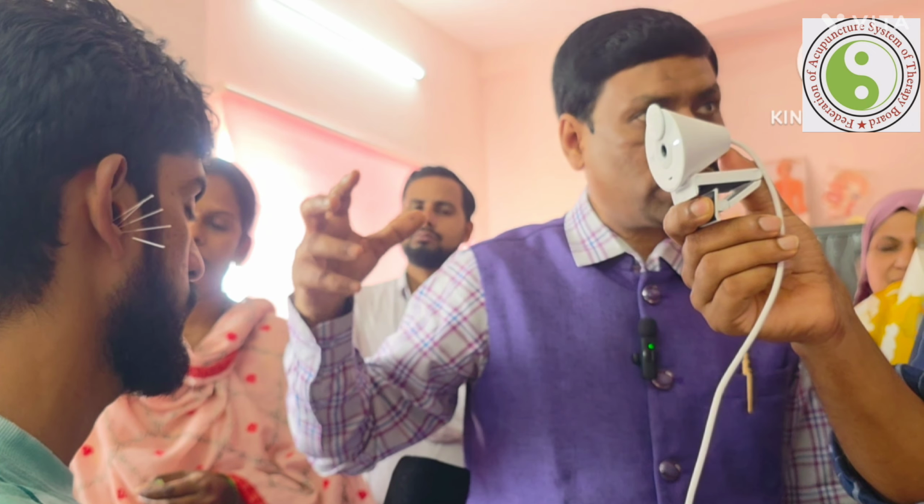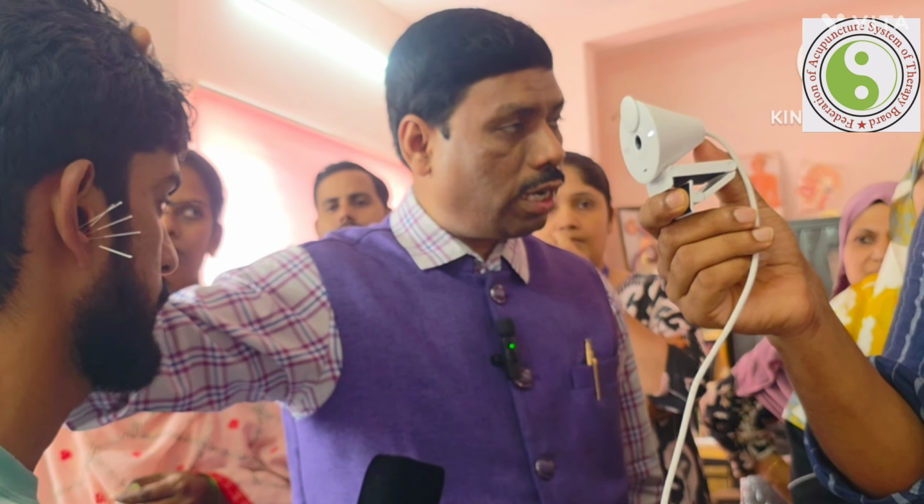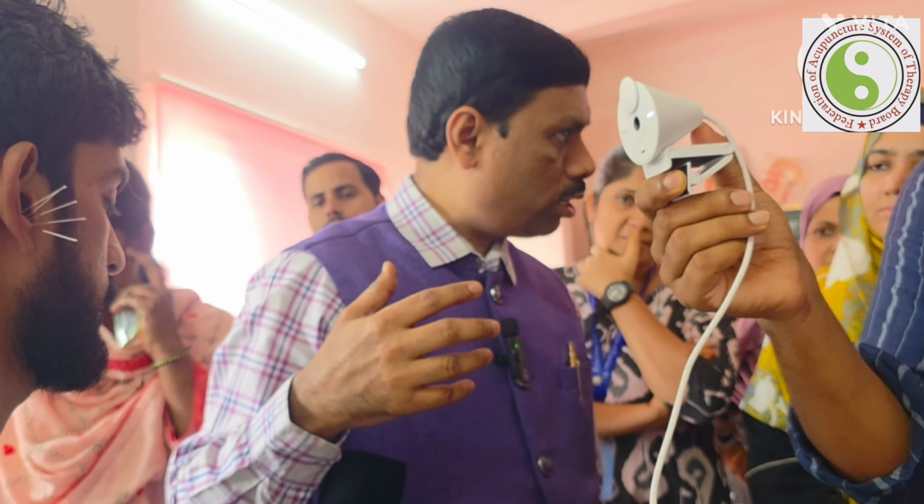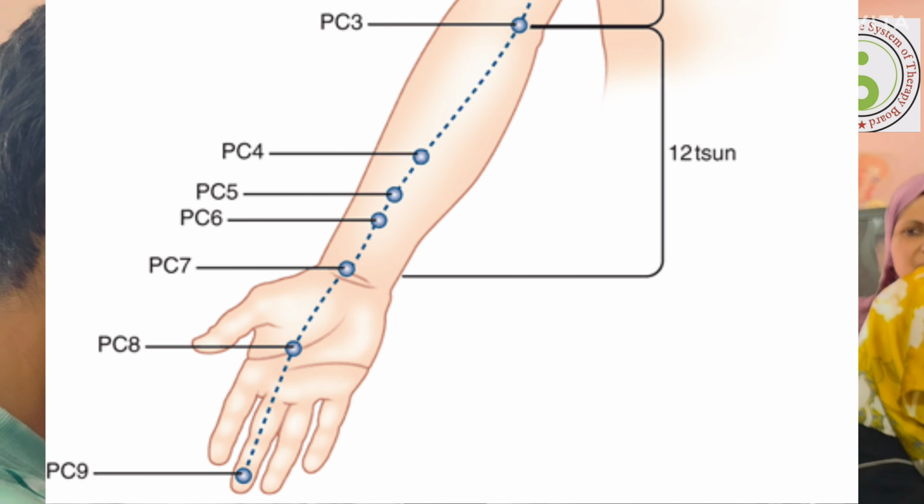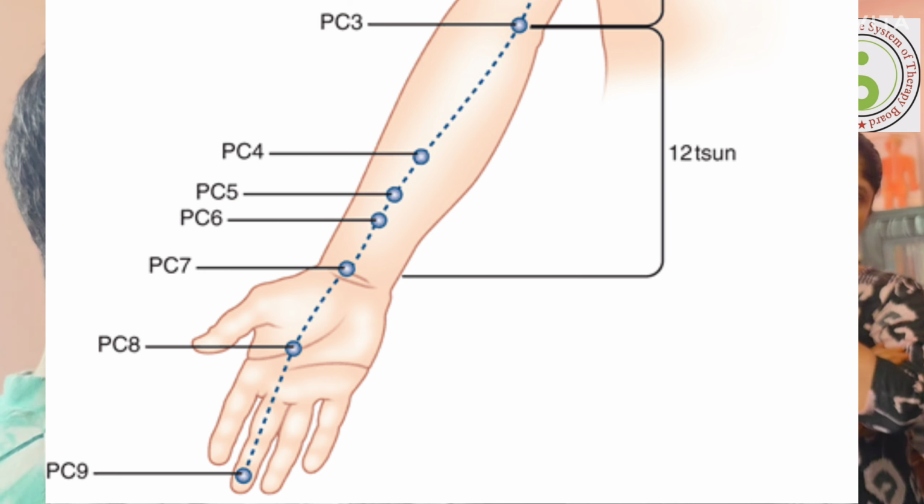Whenever you want to treat some of the points for a brain-related condition, you just add the point called Chusa. Chusa is Pericardium 3, or the Chung Chung, Pericardium 9 point is advisable. Along with that, you want to add these points as auriculotherapy. Obviously, you can use this point.